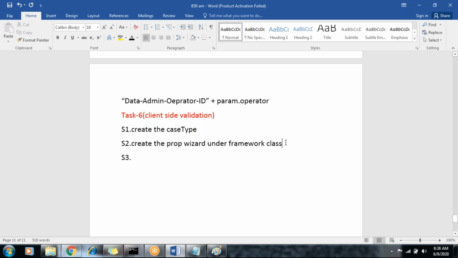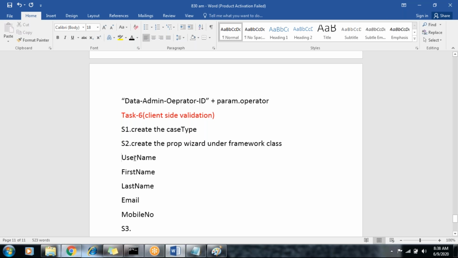For properties, I'm taking this example: username, and let's take first name and last name of the customer. We have some properties in the framework already; if some are not there, just add them. Another one should be email, and mobile number.